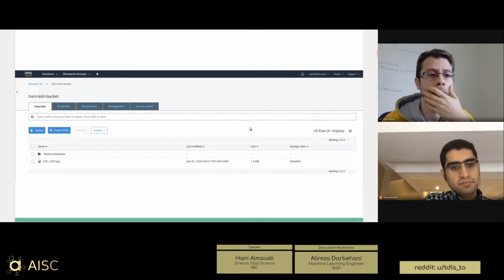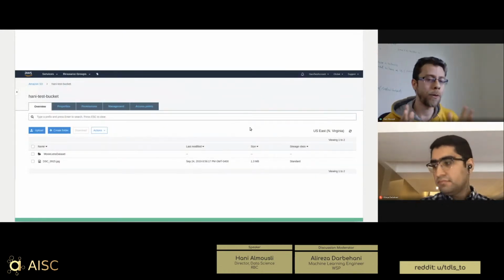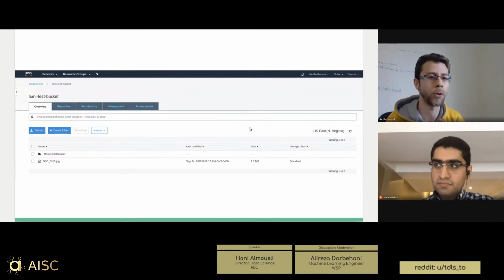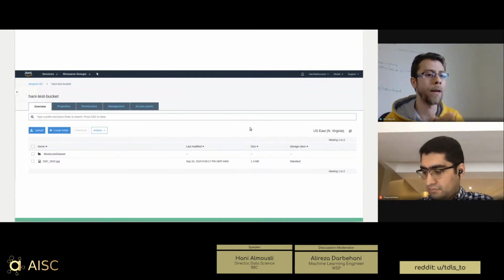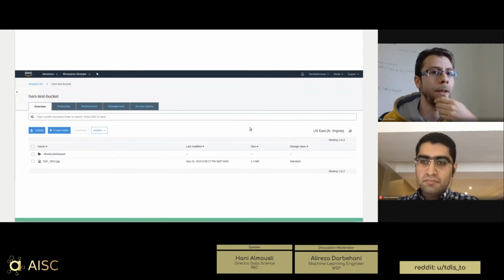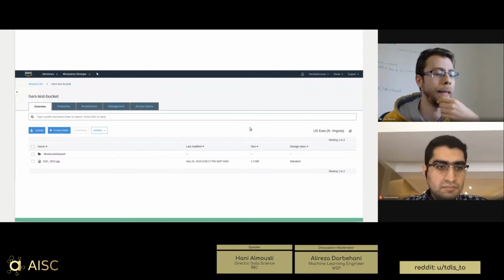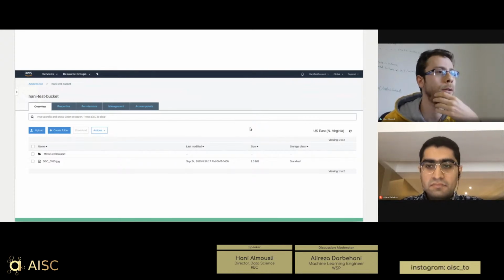Now, since we don't have a lot of time, I couldn't have an actual AWS session running, and it takes time to launch all this stuff. So I have pretty detailed screenshots, one by one, that I will go through quickly and show you what we want to do. The example here, first of all, is the MovieLens data, which is used for different recommendation tasks. And eventually, we're going to build a collaborative filtering algorithm for it. So first of all, you have to create your bucket on S3.